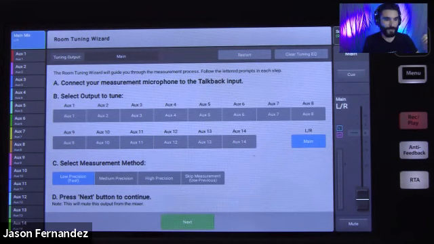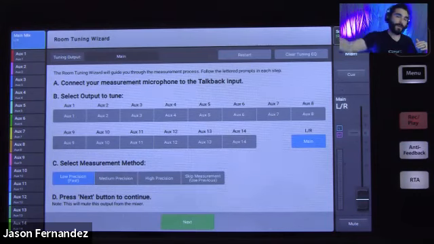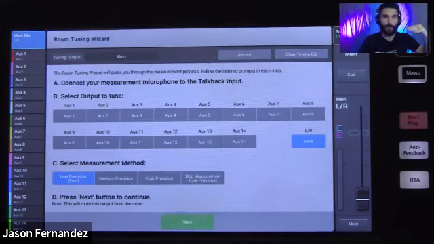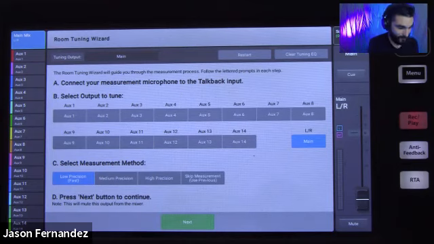What it's doing is listening to the sound that is happening acoustically in the room, and comparing that to the digital version of the signal that the PA is playing. So it's listening to the two, and then comparing them, saying, okay, this is the digital sample, it's supposed to sound like this. This is what it sounds like actually in the room, so here are the differences. Then it will create an EQ curve to compensate for that and flatten those differences out. So this does that for you. It's incredibly powerful, and it's really easy to use.